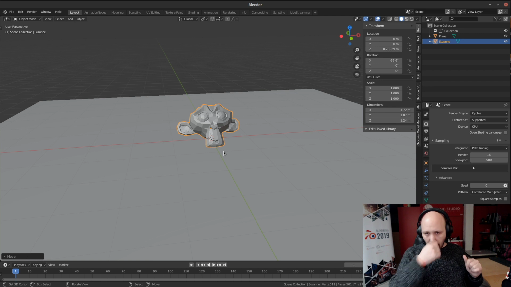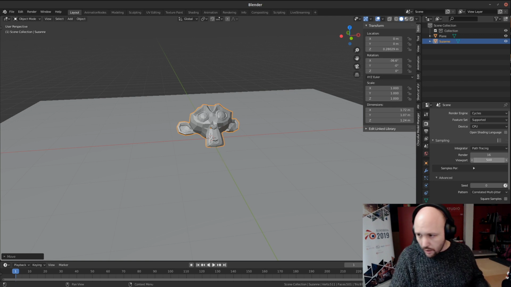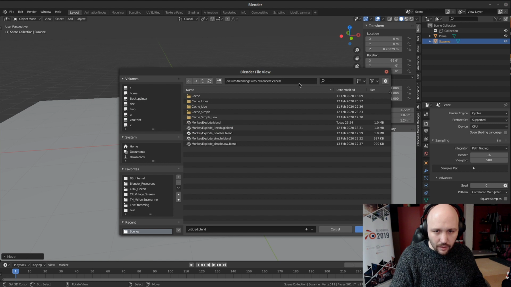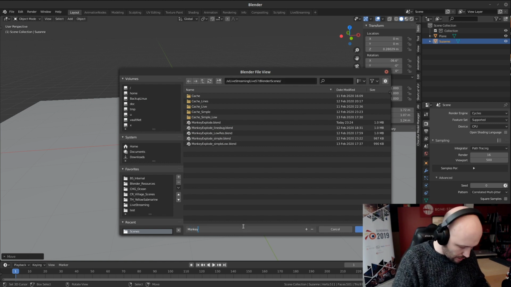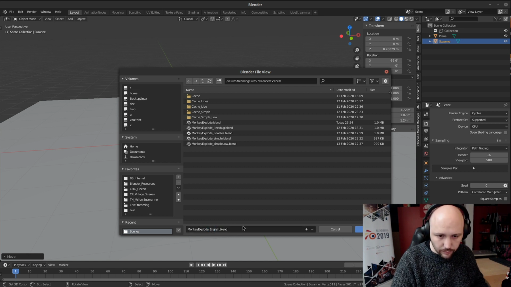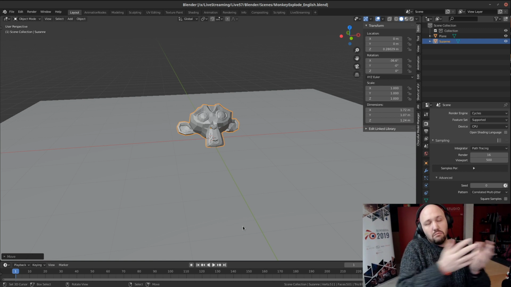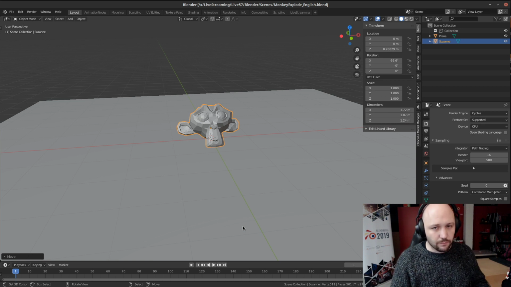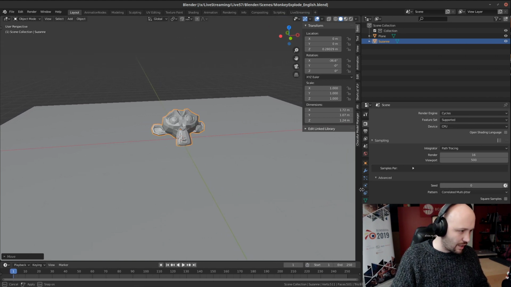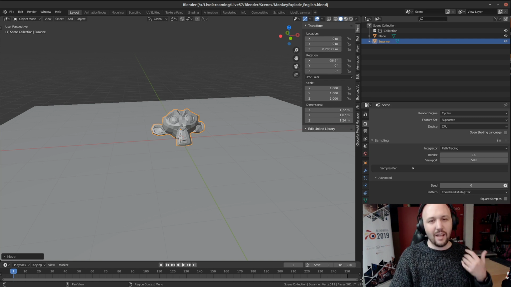Okay, now how can we create the simulation? First of all, please save your scene. Before you do anything, save your scene. So, monkey explode English. Why? Because if you have your scene saved, you are going to have a comfortable folder for the cache. If you don't save the scene before, you are going to get the cache in the main drive, or in the temporary folder of your operating system, and you may end up losing some part of the cache. And you may run into problems like, oh, why